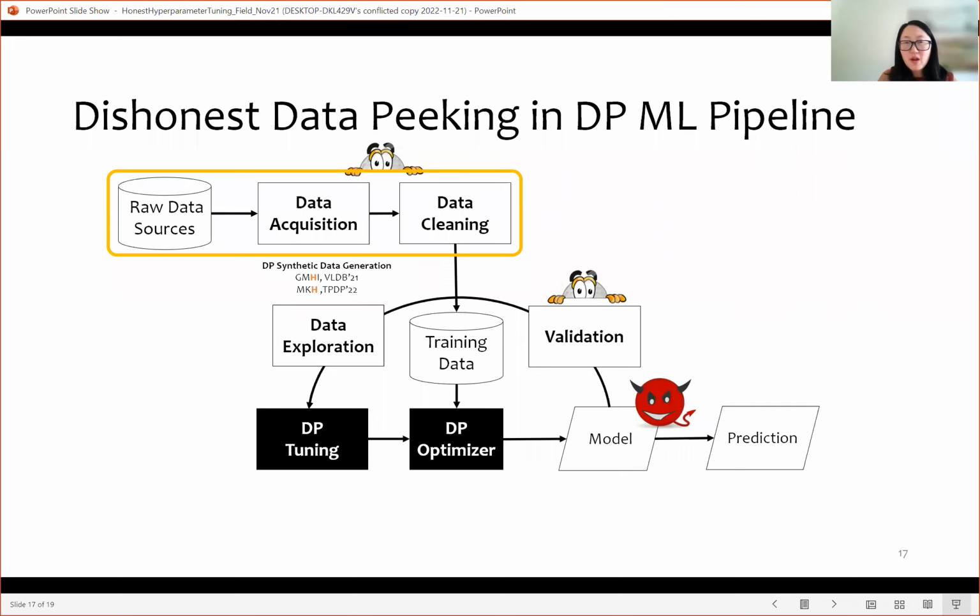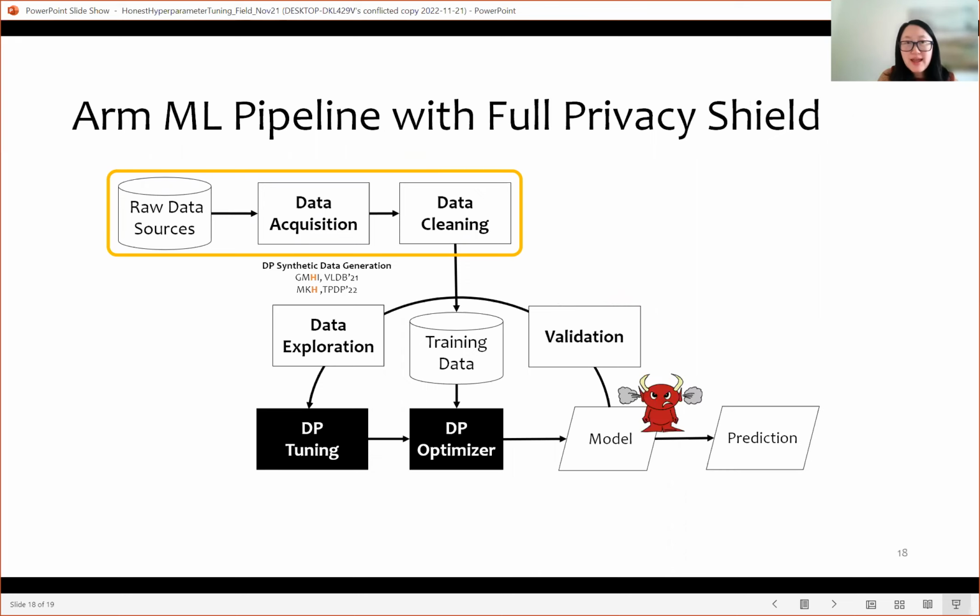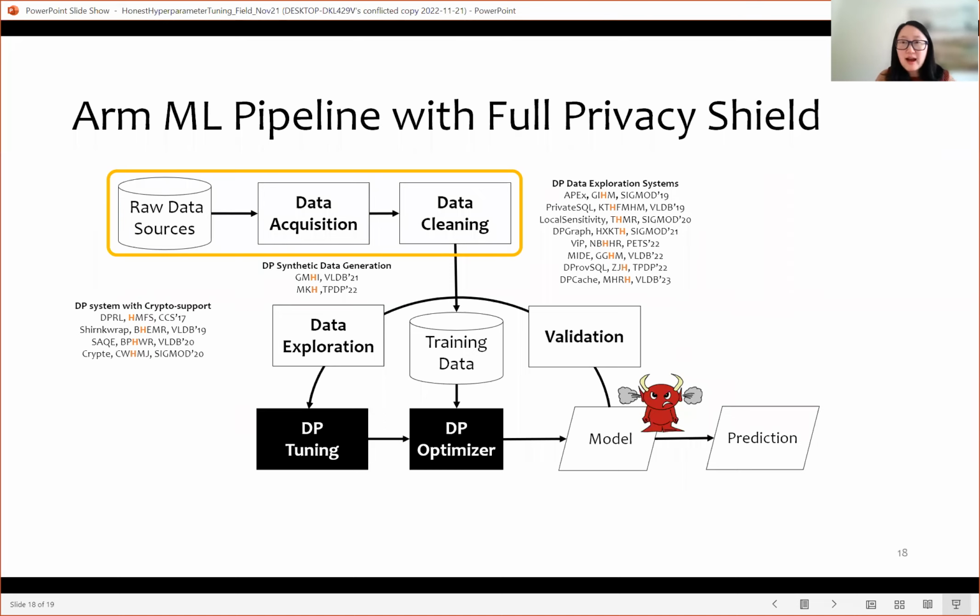So this is something that we really want to get into and study in terms of the entire ML pipeline, and how we ensure a full privacy guarantee for the entire pipeline. For each of the steps, we investigate and design solutions, such as how to do differentially private data cleaning and data exploration. And we also have work that deals with the case when the data is distributed over multiple sources, and how we make use of crypto techniques to ensure that the data can be unionized and queried or learned.